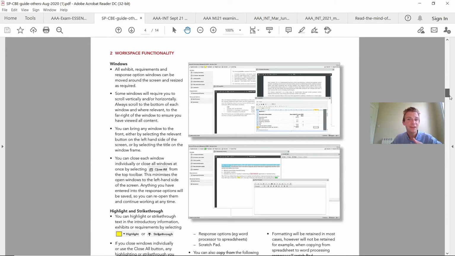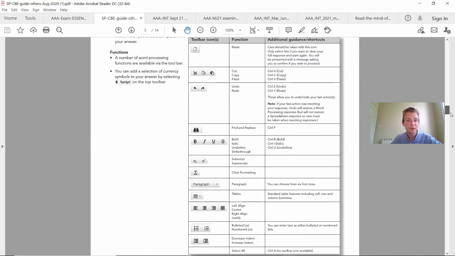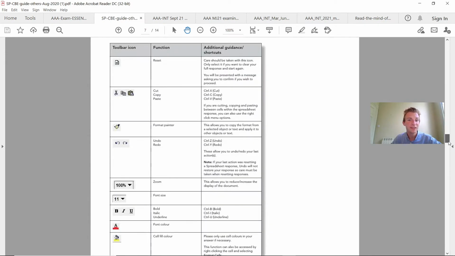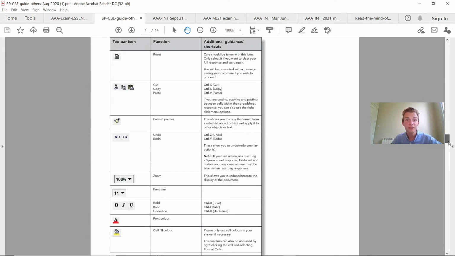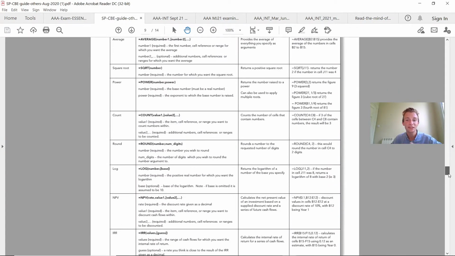So if you're having to calculate materiality, any ratios for Advanced Audit and Assurance especially, and then taking you through all the functions on here as well, how to implement the spreadsheet, and how the marker will be marking it. Because the last thing you want to do is have the answer down there and it's not in the right sort of format, or you can't calculate, say, the square root or the power of.